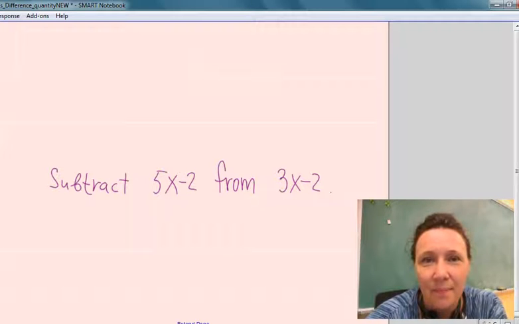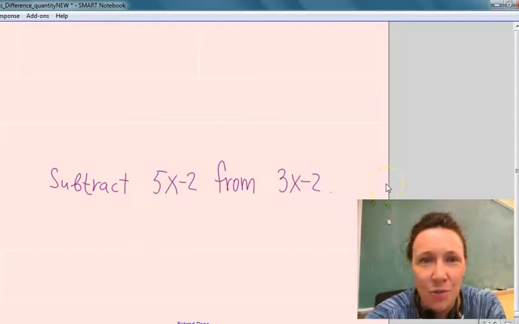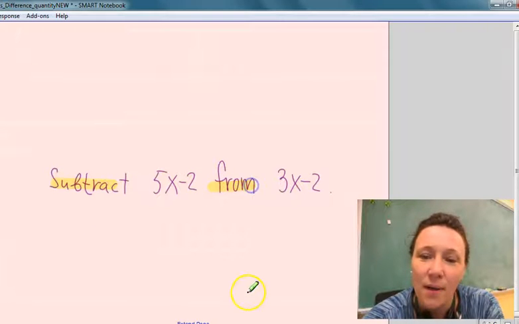Hi, this video is about subtracting polynomials. And so I would like you to look at this expression and try to translate it into symbols all by yourself. Pause the video to do that. Okay, now that you completed it, please remember it was about subtraction, but subtract from kind of an expression rewrites